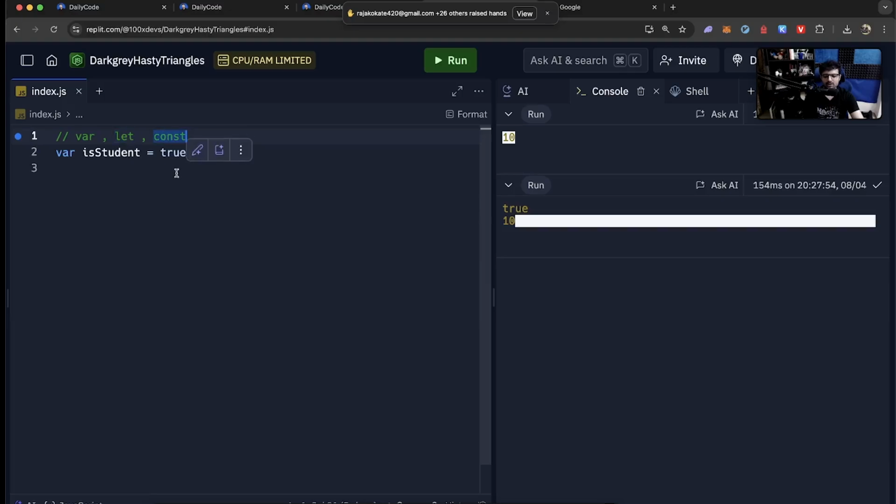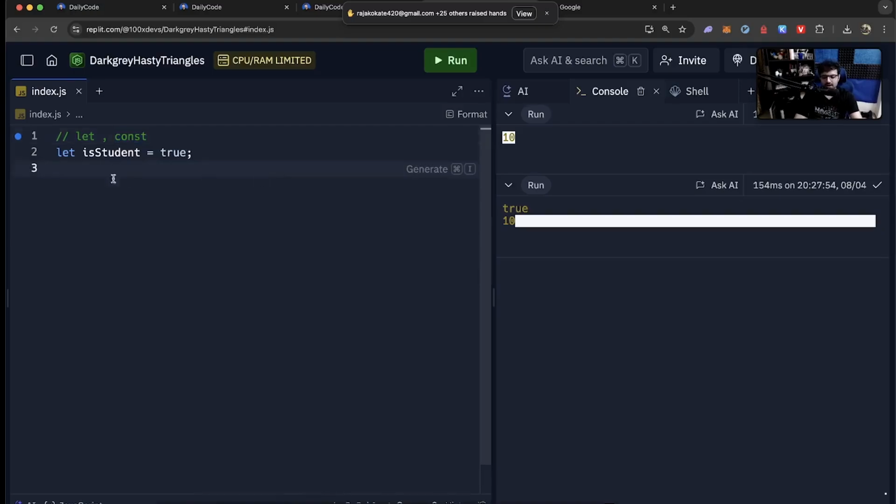What are let and const? Let lets you define a variable very similar to var. So wherever you might have been using var until 2015, 2016, when let and const were introduced, you replaced it with let. You said, rather than doing var a equal to something, I will do let a equal to something. That was the first transition you 100% should have made whenever let and const were introduced. Today, if you are ever writing code, forget var even exists. The only two ways to define variables for you should be let or const. Do not ever use var.